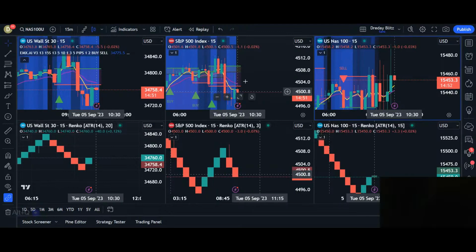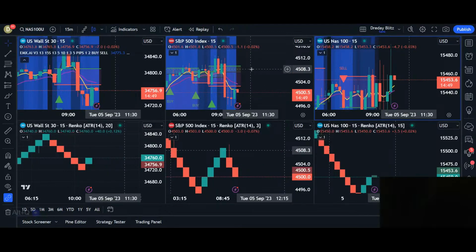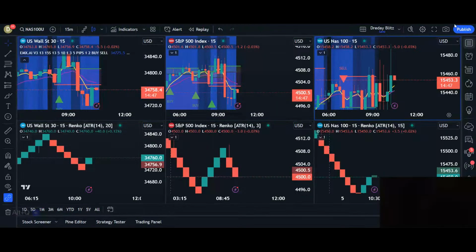All right, so 9:30. Let's see where we're at. So now we have S&P 500 that is starting to reverse, but we're still waiting for confirmation on Renkos. NAS 100 is still showing long. But yeah, the previous candle was